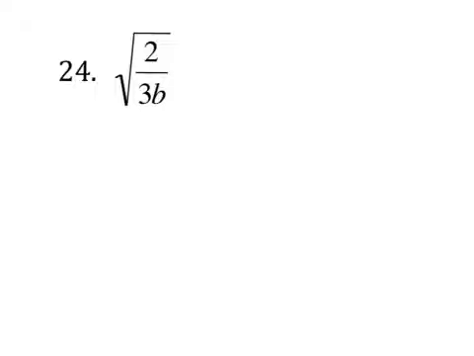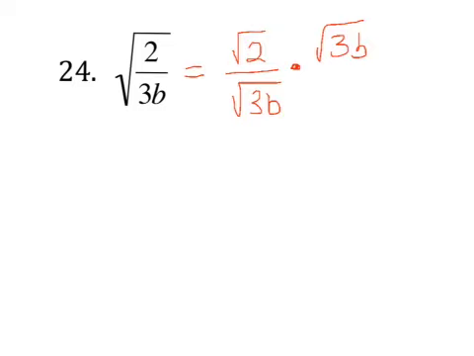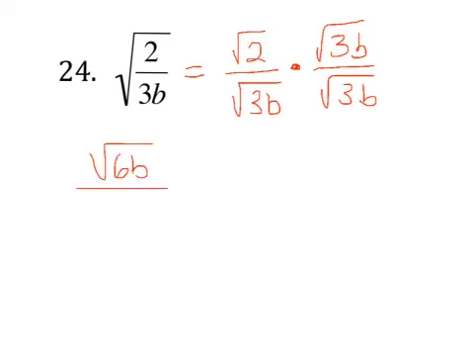For problem number 24, first thing we need to do is break up the radical. So we do the square root of 2 divided by the square root of 3b. So now we can't leave the square root of 3b in the denominator. So again, we're going to multiply by the square root of 3b over the square root of 3b. And that is going to give us 6b in the numerator, the square root of 6b, and then a regular